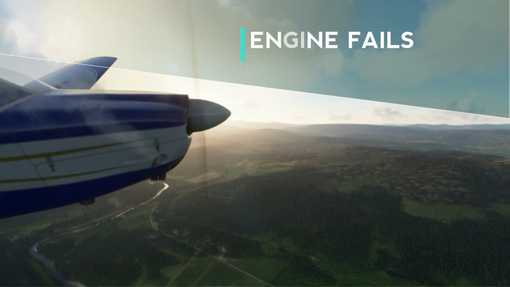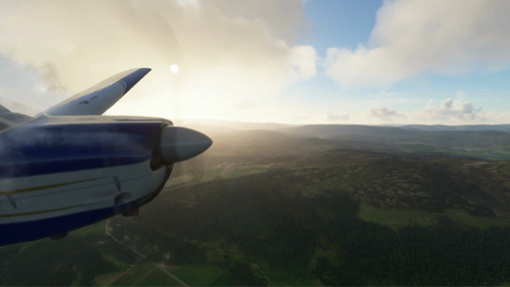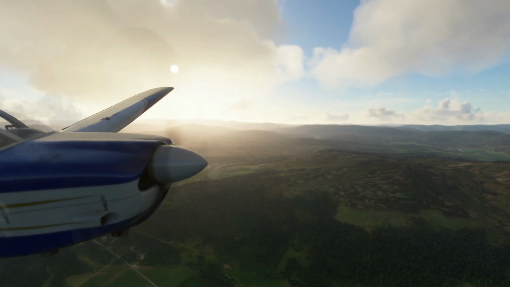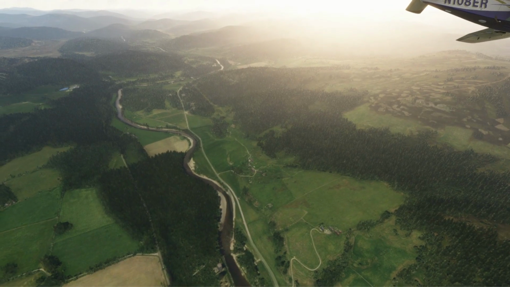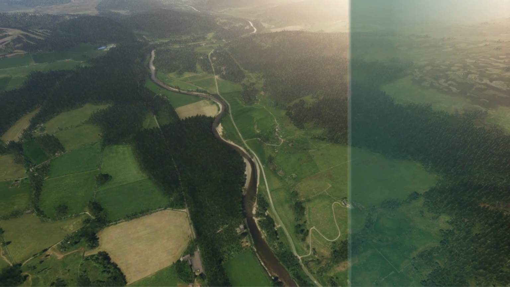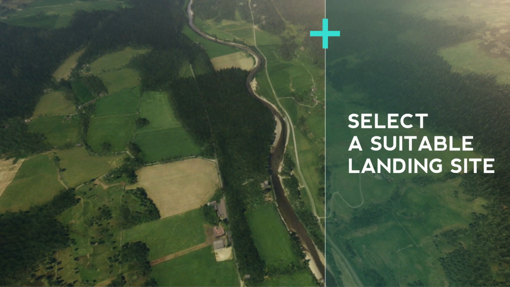So let's get to it. As you can see, we're having a pretty bad day. It looks like we've had an engine failure, and of course we carry out our initial actions depending on the type of aircraft you're flying. So don't forget to refer to the POH of the aircraft that you are indeed flying. But we're going to assume that we've carried all that out, and now we're in a place to decide where to land. So in order to help us decide on where to go, we have a really helpful tool known